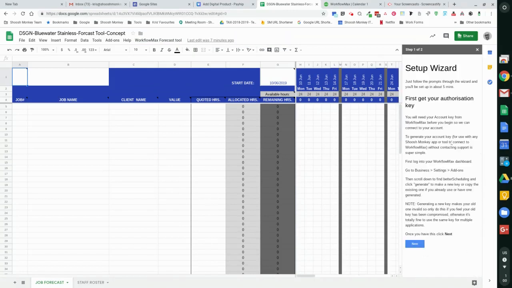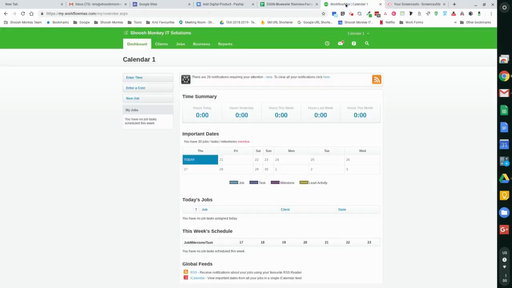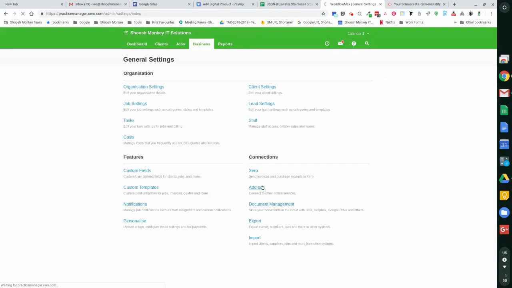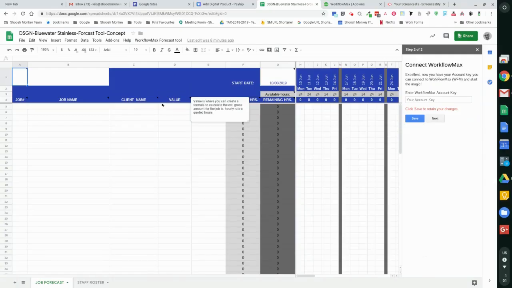So here's the sidebar menu that we accepted the permissions for just before. This is telling you to get your setup key, so click next. How you get your setup key is you go to WorkflowMax, go to Business, Settings, Add-ons, and go down and just grab the better scheduling one. So you can either generate one or just copy the one that's already there if you're using better scheduling. Okay, just paste your key in there and click Save. Select Next